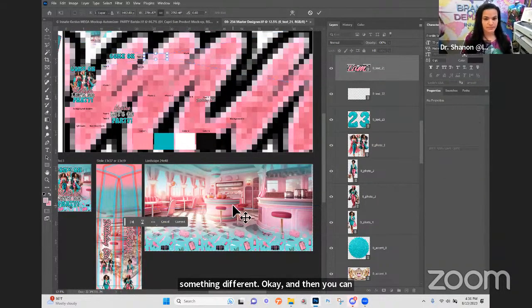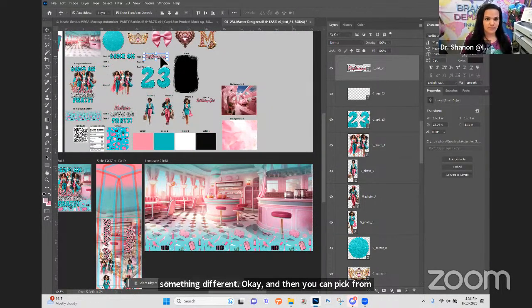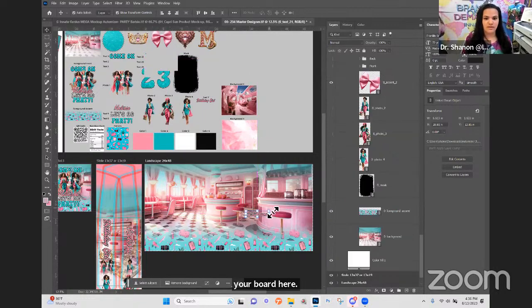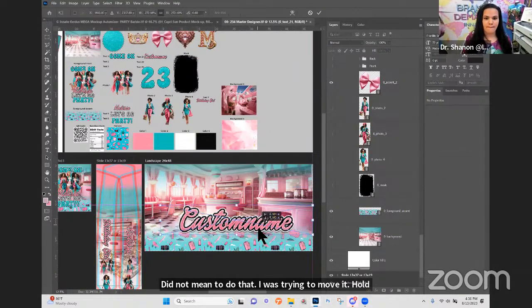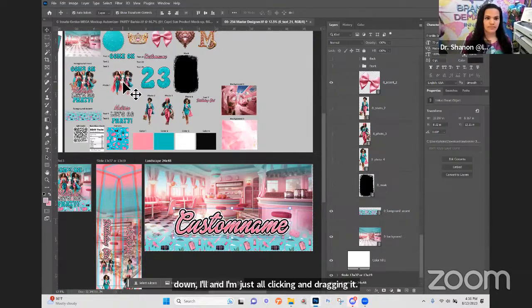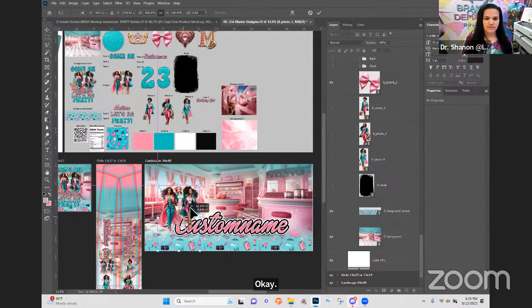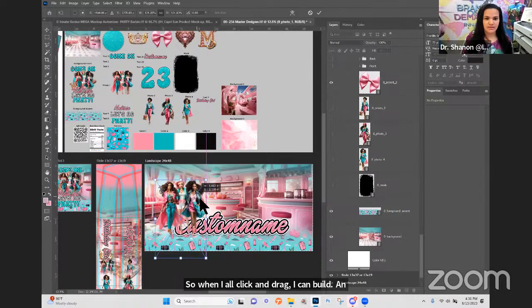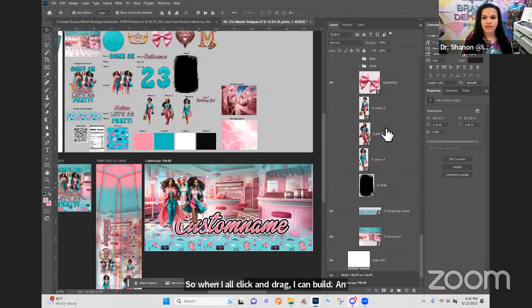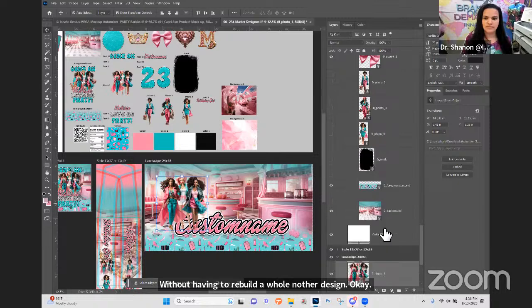Uh-oh, did not mean to do that. I was trying to move it. Hold down Alt, and I'm just Alt clicking and dragging it. Okay. So when I Alt click and drag, I can build an alternative version of my design without having to rebuild a whole other design. Okay. So let's say for this one, for instance,